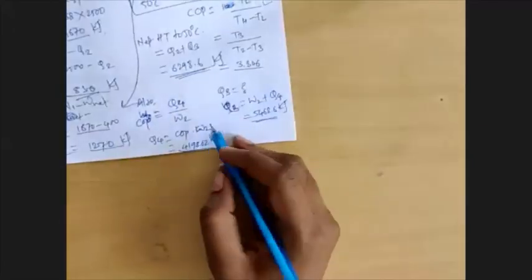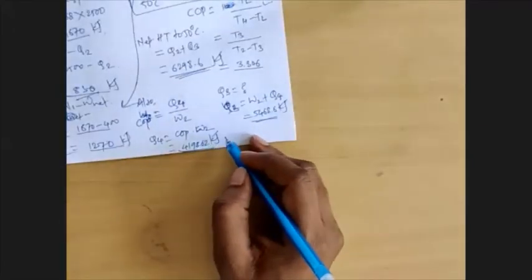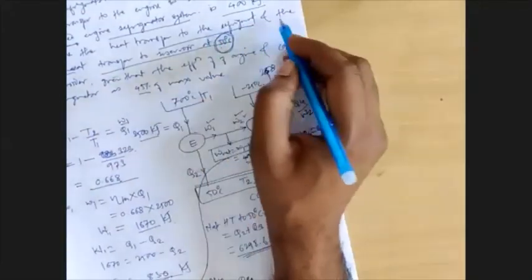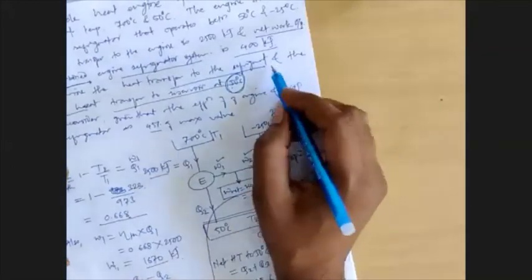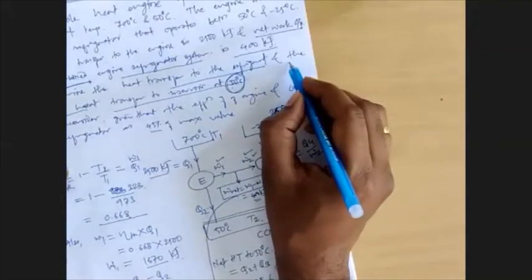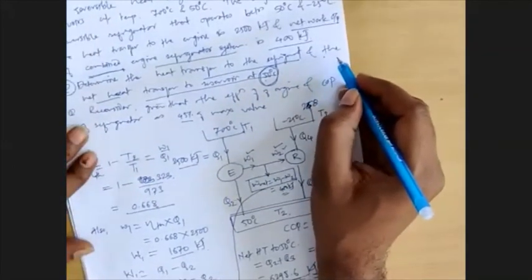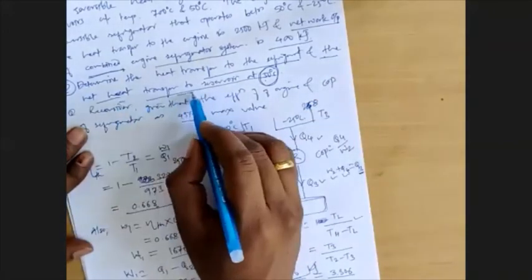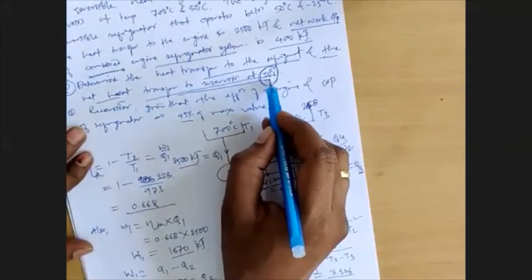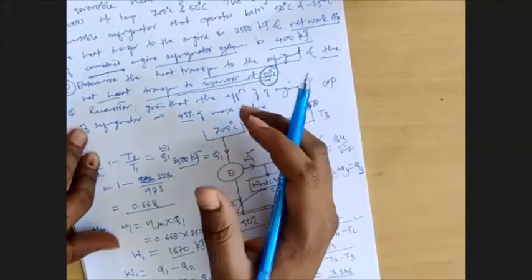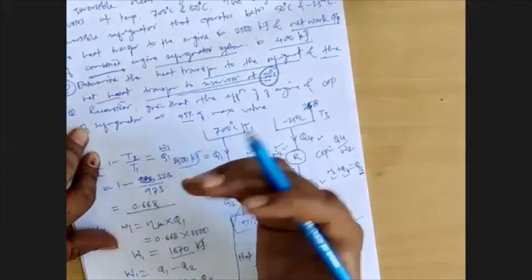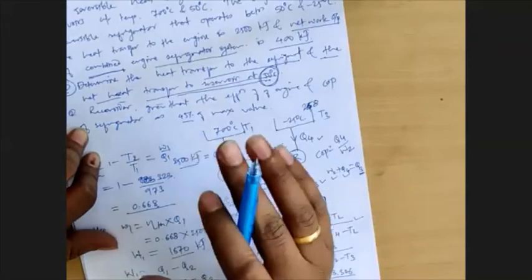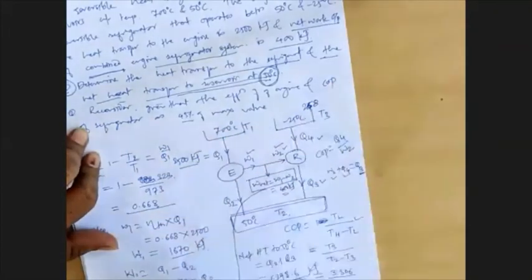So the total net heat transfer to 50 degrees. Okay, so they have asked over here the net heat transfer to the reservoir at 50 degrees Celsius. So net in the sense, we need to consider addition as well as subtraction. If there is some heat being added to the system, we'll take it positive. If some heat is going out of the system, that we will take negative.